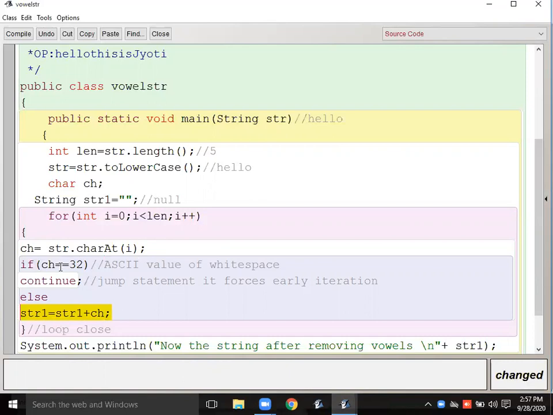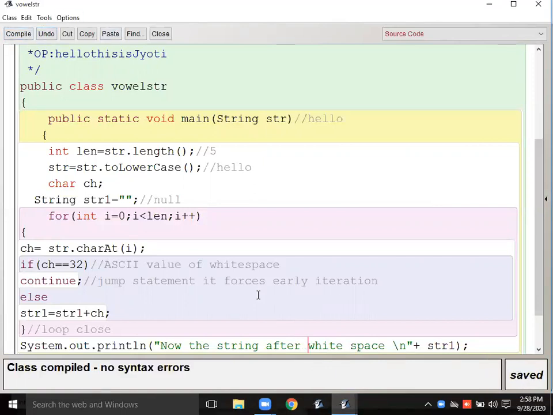So whichever letter is a space will not be added, it will not be joined in the new string, and everything else will be joined. So, string after removing white space. It is very easy. See that, we'll compile it, whether it's working or not. Otherwise, we will use something else.